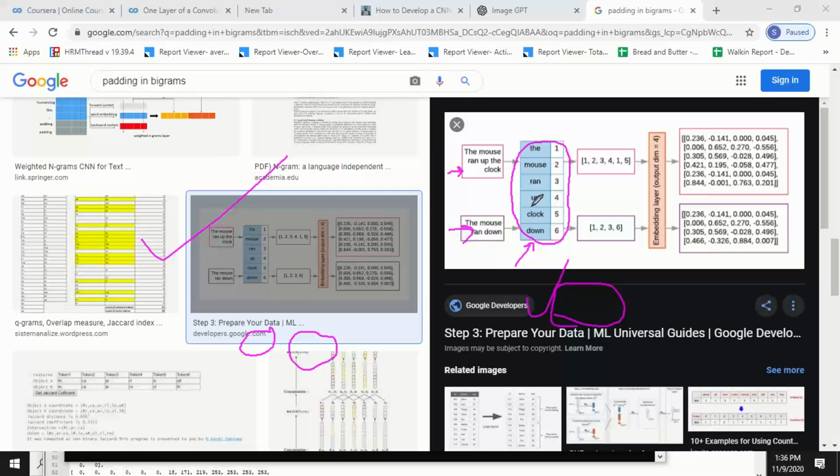You want to create items, so the mouse will come, then mouse ran up with... वो मल्टीपल इसमें आ गए। ट्राइग्राम में भी ये प्रॉब्लम होती कि आपका जो क्लॉक था, वो एक बायोग्राम या ट्राइग्राम का पार्ट, मल्टीपल बायोग्राम्स या ट्राइग्राम्स का पार्ट बनता, जिससे कि आपकी इंफॉर्मेशन लॉस्ट हो रही है।